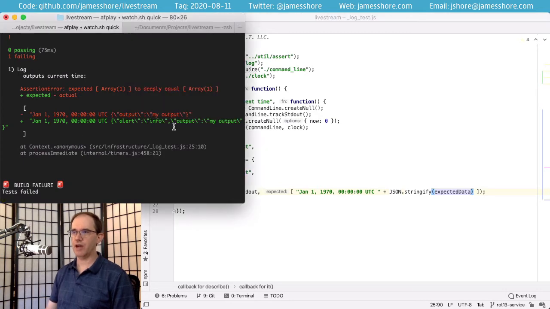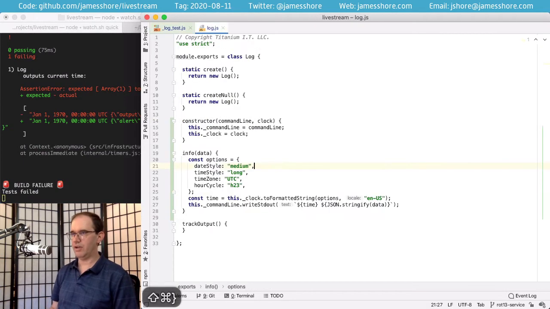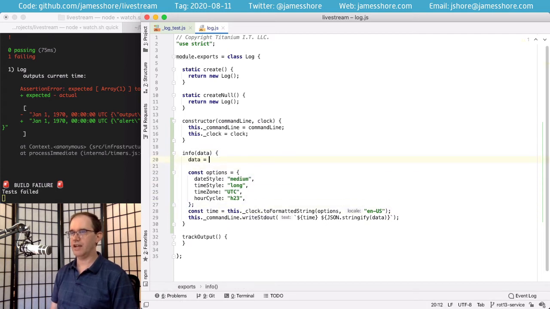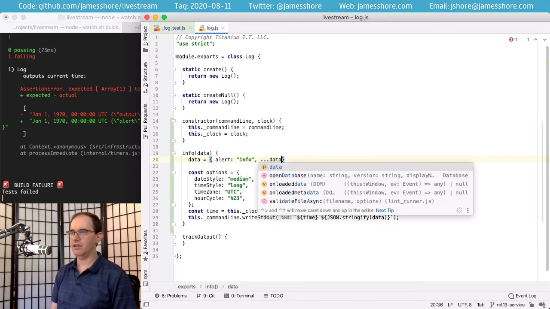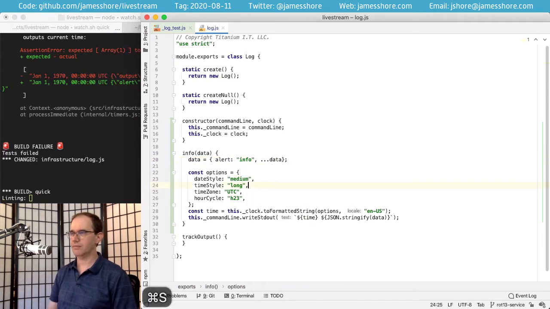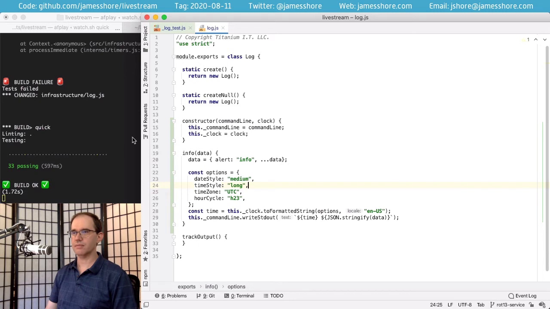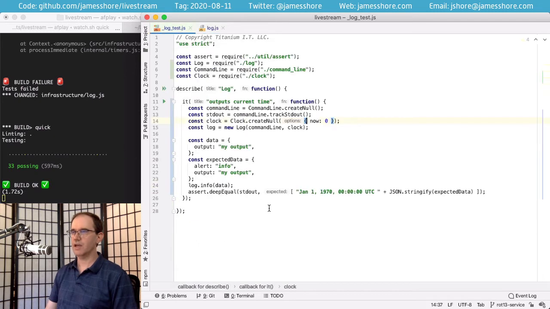And that's failing because we're not getting the alert. Now we can go ahead and add that in. We'll just say that our data is equal to an alert level of info, and then the rest of the data. There we go. So that's the basics, pretty straightforward.